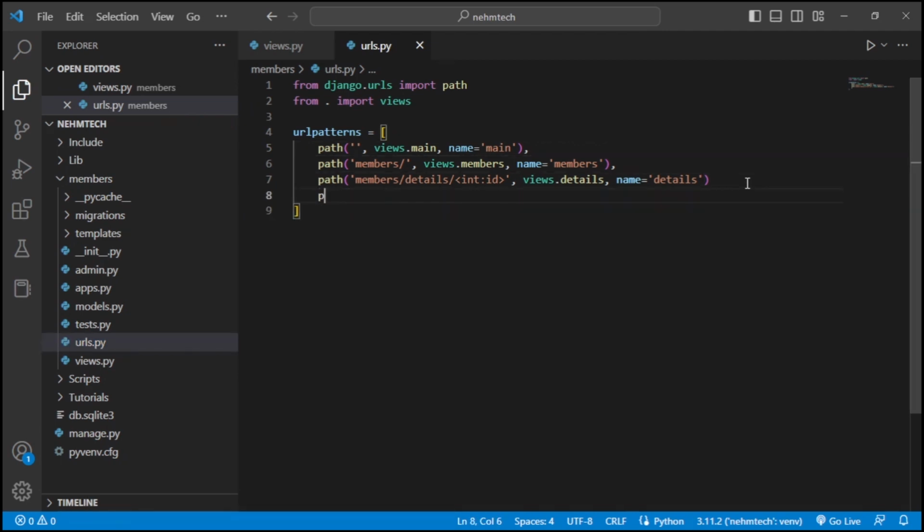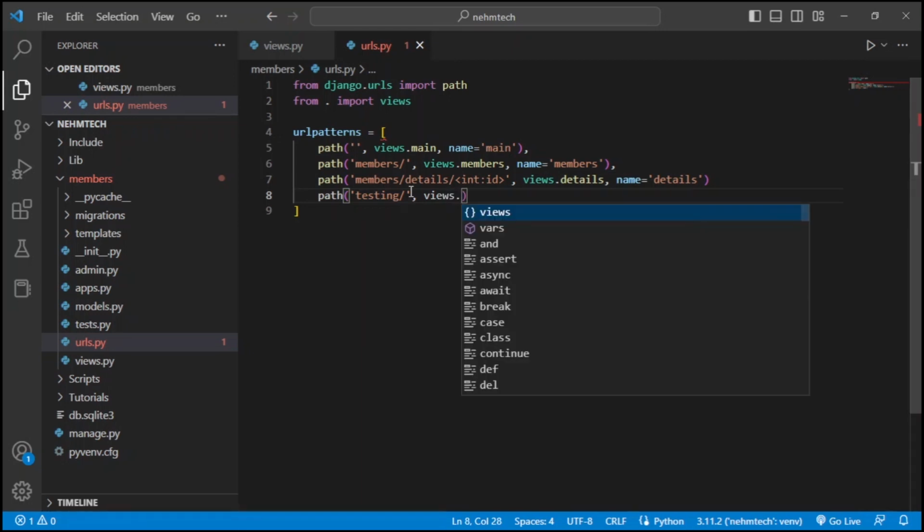First of all let me say path, then it should be path. Then here let me pass in, first of all I should redirect it to testing. So let me say testing, and then the forward slash, and then a comma. Let me add in a comma, and then let me say views.testing,